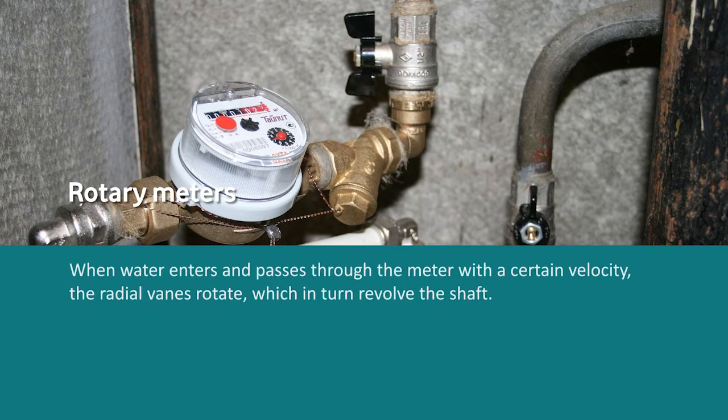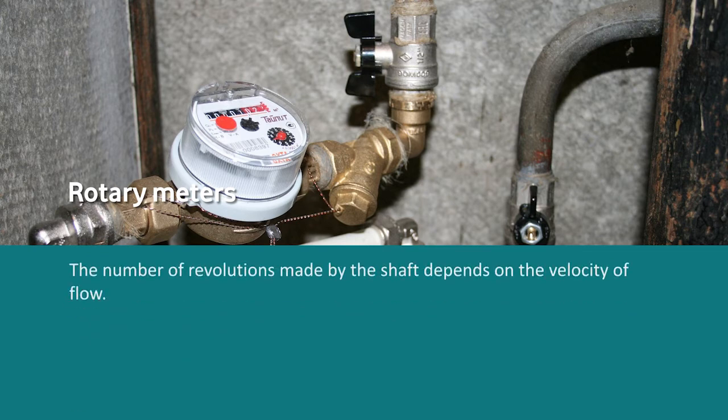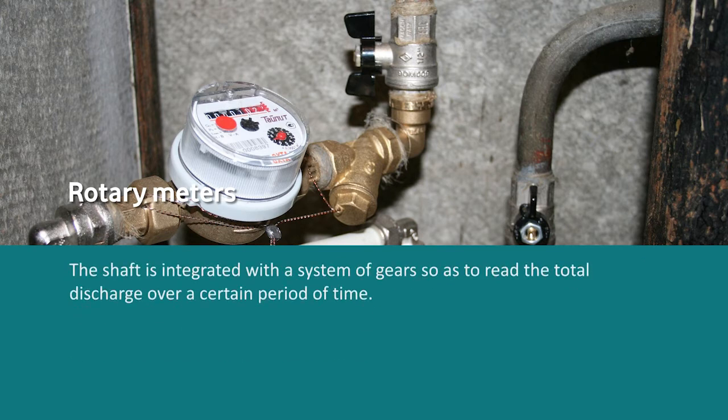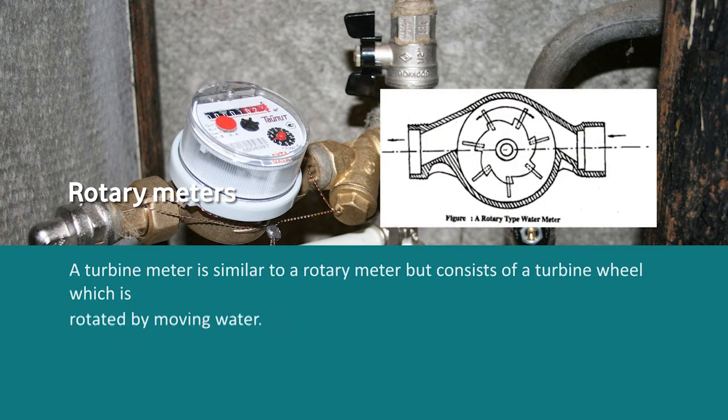Rotatory meters: when water enters and passes through the meter with a certain velocity, the radial vanes rotate, which in turn revolve the shaft. The number of revolutions made by the shaft depends on the velocity of the flow. The velocity of flow, and thus the discharge, is proportional to the speed of the shaft. The shaft is integrated with a system of gears so as to read the total discharge over a certain period of time. A turbine meter is similar to a rotatory meter but consists of a turbine wheel which is rotated